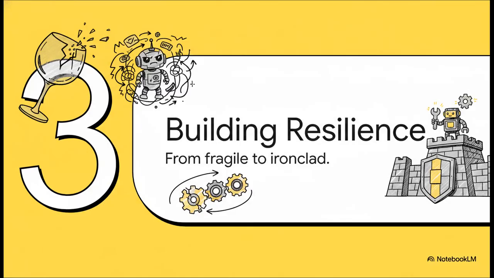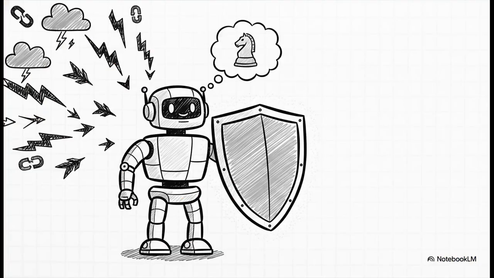Now, let's tackle one of the biggest headaches in this space, reliability. Come on, we've all written those fragile scripts that break if you just look at them the wrong way. This book teaches you how to build ironclad solutions. Because think about it, it's not enough for an agent to just be smart. It also has to be tough. It needs a solid strategy to think clearly, and it needs a shield to survive all the chaos of the real world. Network failures, weird API responses, all that stuff.